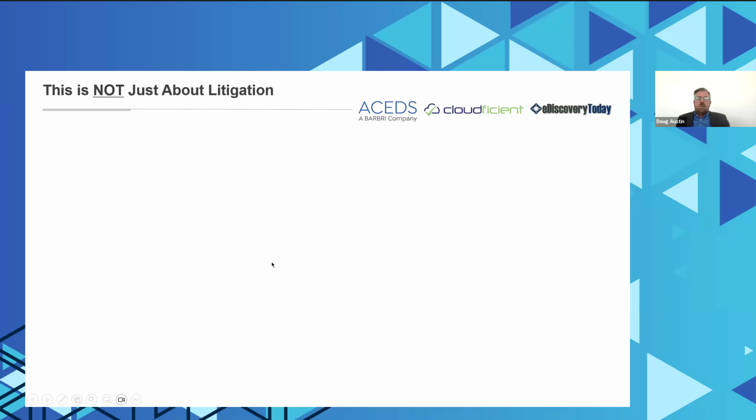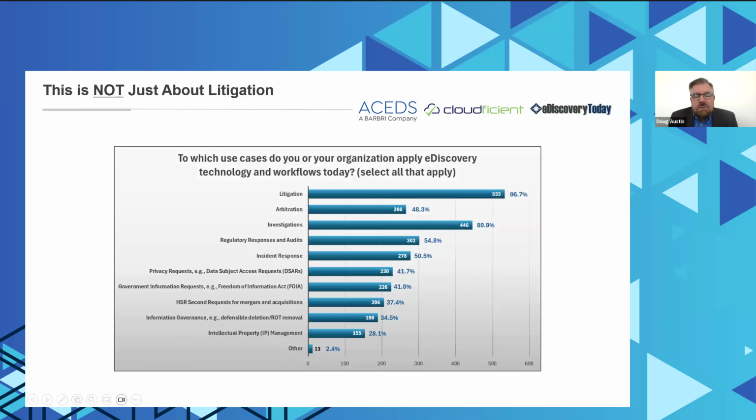One last thing I'll mention here is we always talk about this issue in terms of litigation, and proportionality, and all the things that we're used to. But I put up this chart from the 2025 State of the Industry report to illustrate we do eDiscovery and so many other things. And hyperlinked files are going to be an issue in that. You're going to need to get to them in investigations or in regulatory responses or in HSR second requests or what have you.